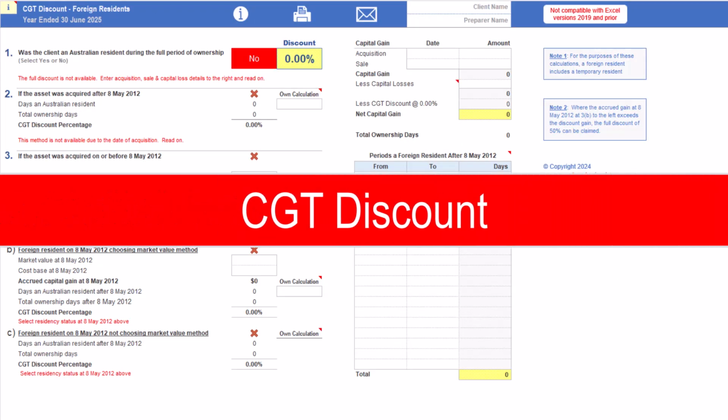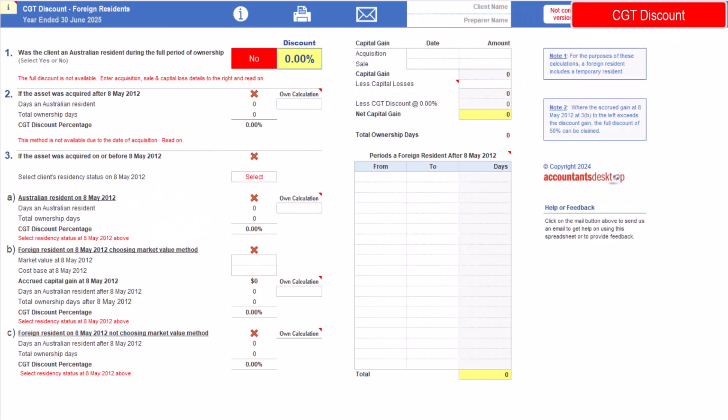This is our CGT discount calculator, which calculates the discount percentage on the sale of an asset where there were periods of foreign residency during the ownership period. The discount percentage is calculated in the following situations: where the asset was acquired after the 8th of May 2012, where the asset was acquired on or before the 8th of May 2012, and the client was an Australian resident on the 8th of May 2012,